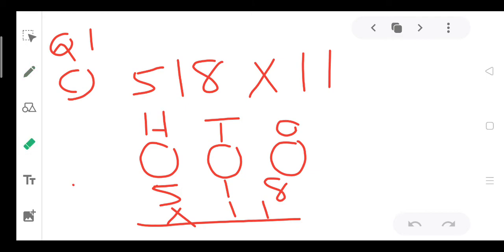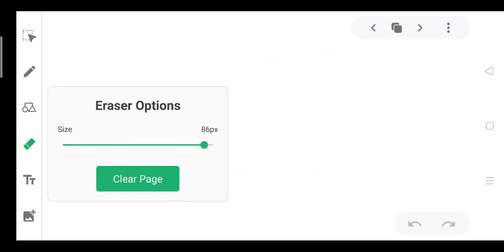And one thing you have to keep in mind, if the ones place digit multiplication was over, then at the same time you will cut the first carry or erase the first carry so that you can write the tens place digit carry over there. So see this, I am writing places at the top. 518: 8, 1, 5. I have left some space here to write the carry. Sign of multiplication, we are going to multiply it by 11.